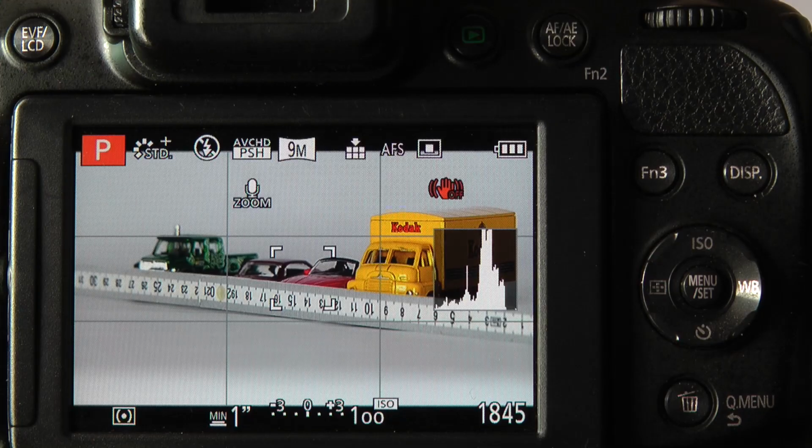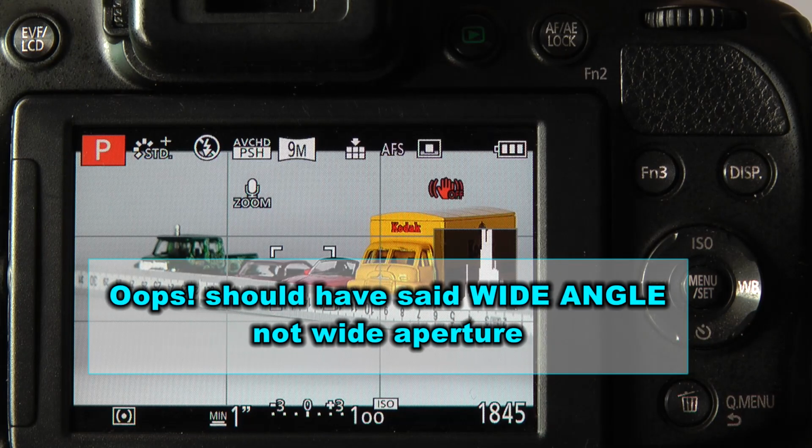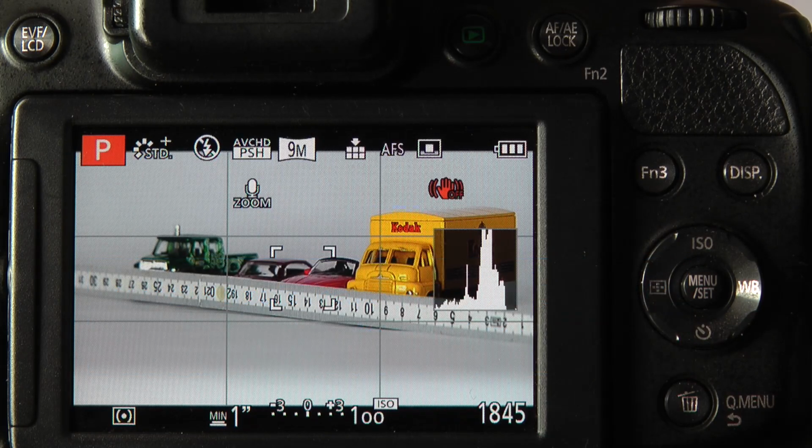While we're talking about focus, it's probably now time to talk about the depth of field, or sometimes called depth of focus, that the camera exhibits using different apertures and lens zoom positions. You may be aware that in a wide aperture situation the depth of field is a lot greater than in a telephoto one, and also that the lens aperture affects the depth of field. A large aperture, i.e. a small f number like f2.8, gives you a shallow depth of field, and a larger f number like f8 gives you a greater depth of field.